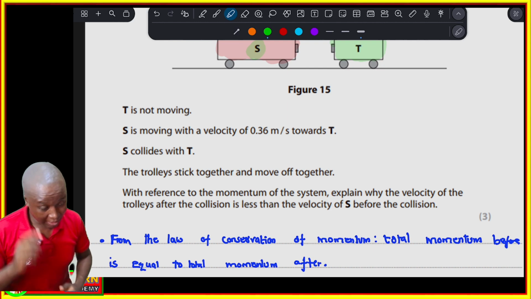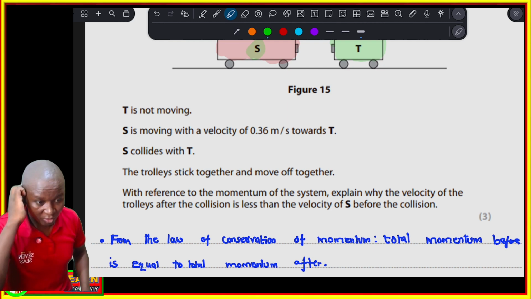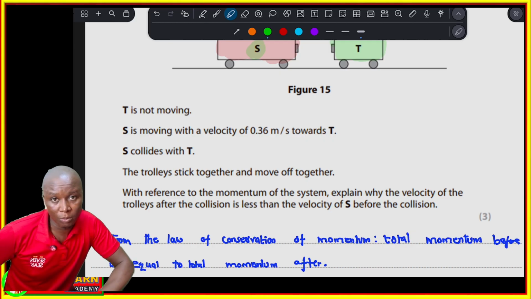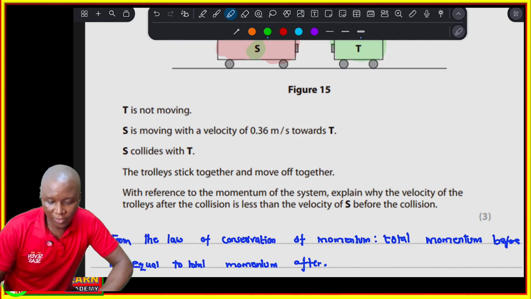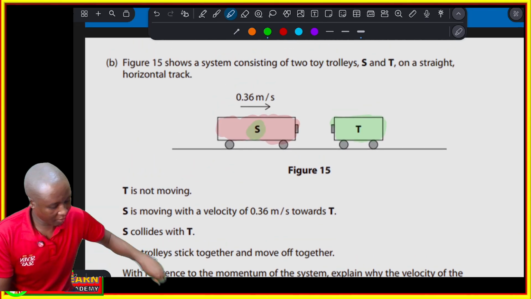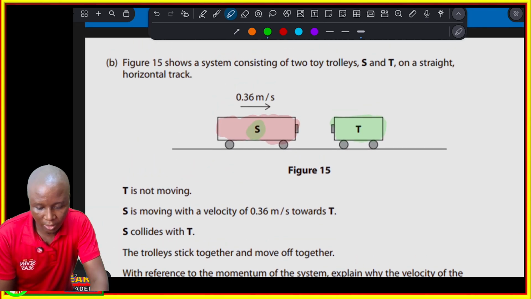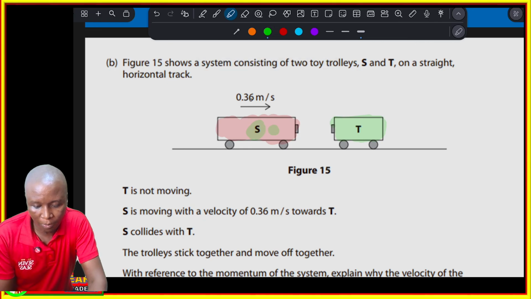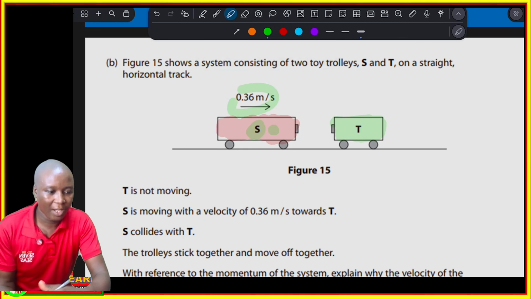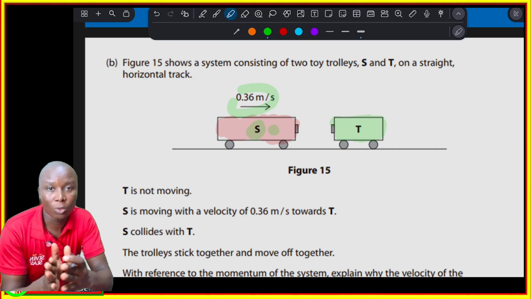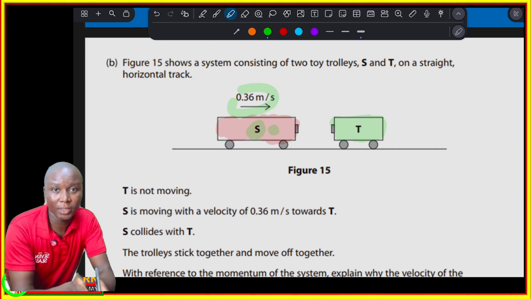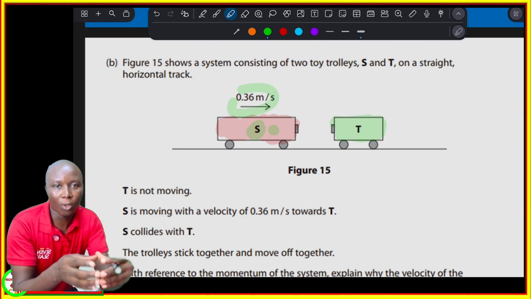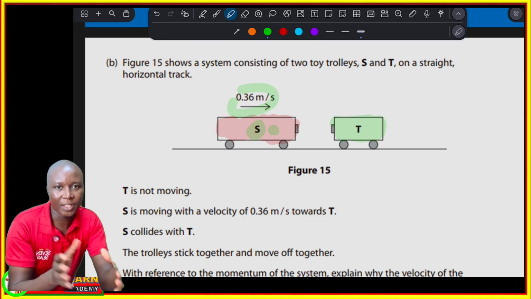So in that way, we had to remember the law of conservation of momentum and say that momentum before collision is equal to momentum after collision. So if this is the trolley that was moving here, meaning that momentum before collision will be the momentum of this trolley. But now after they collide, they are going to combine and move together. So which means the total mass will be greater. So since the total mass will be more than the previous,